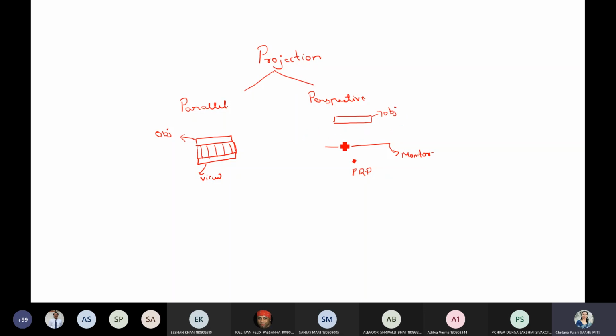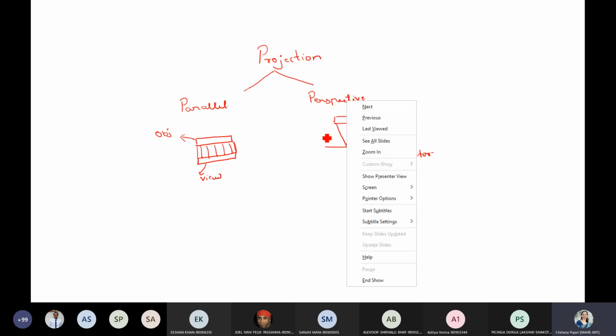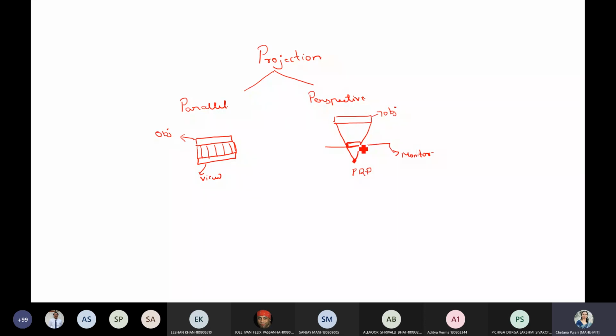What I just said, the lines are approaching towards the fixed point. So whatever line you are drawing will be like this. What will your object view be here? It will be like this, right? The size is smaller compared to your original object. So this will be our view on the monitor.